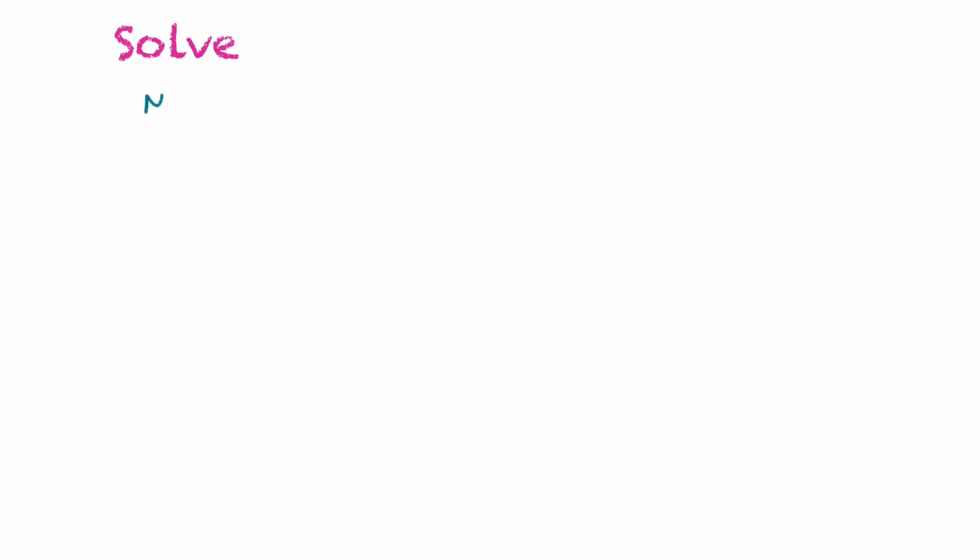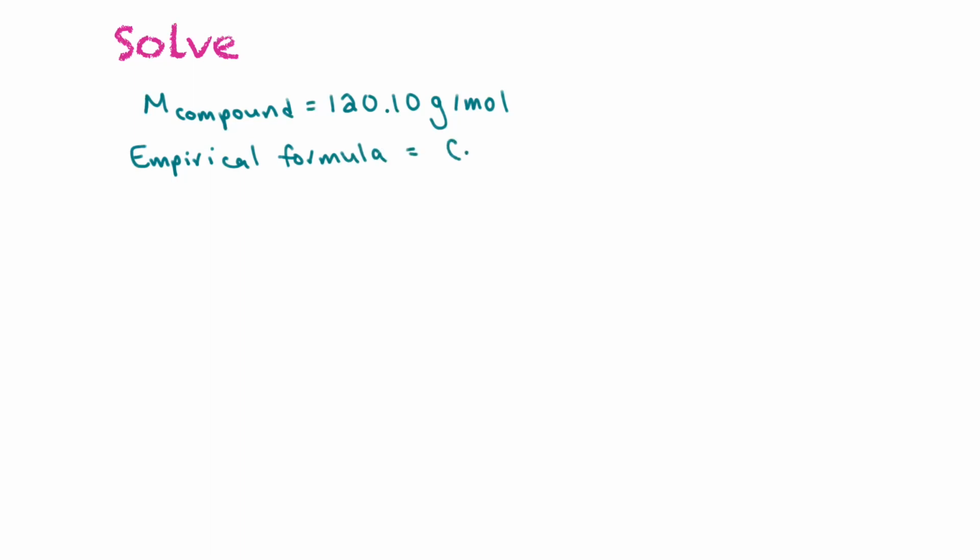So now we need to solve. So we know that the molar mass of the compound is equal to 120.10 grams per mole. We know that the empirical formula is equal to CH2O. So what we first need to do is find out what the molar mass of the empirical formula is and see how many times bigger the molar mass of the molecular compound is than this. So the molar mass of CH2O is equal to 12.01 for the carbon plus 2 times 1.01 for the hydrogen plus 16.00 for the oxygen. So let's add that together. So 12.01 plus 2.02 plus 16.00, that's 30.03